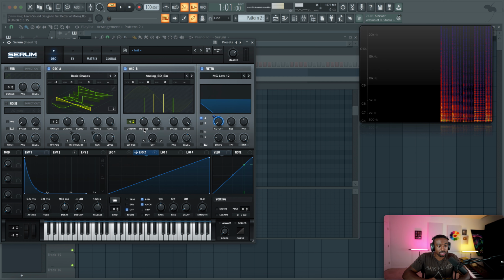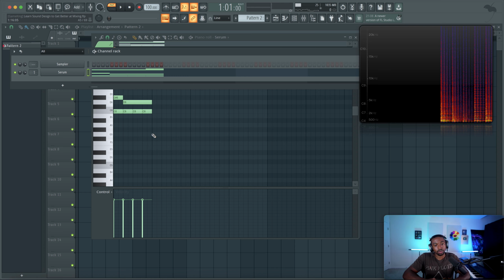So again, what is width? Now, sometimes the sound has too much width, but what happens if we deal with the side image?